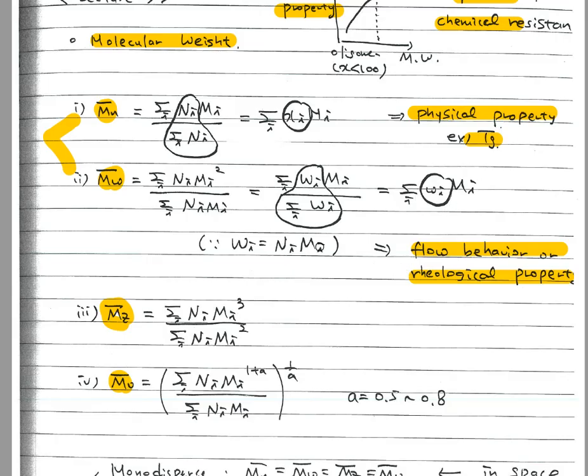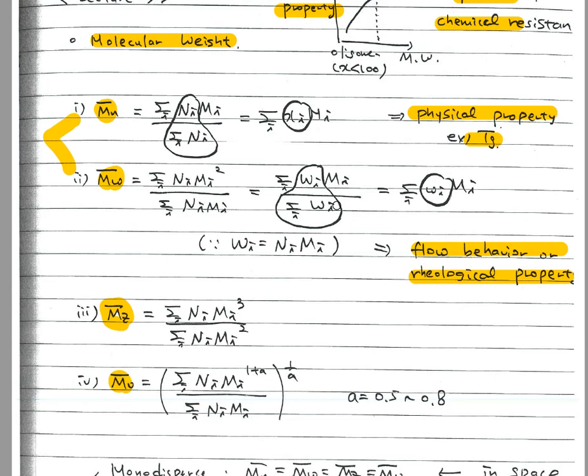Similarly, weight average molecular weight of polymers is related to the flow or rheological behavior, such as, what is it, when you learn in fluid mechanics, right? There's some behavior of rheological properties, and some of those are related to the weight average molecular weight of polymers. This part is not quite discussed in this class, but anyhow, when you learn about polymer physics in more detail, you learn about this more. Okay? So anyhow, there are 4 different kinds of